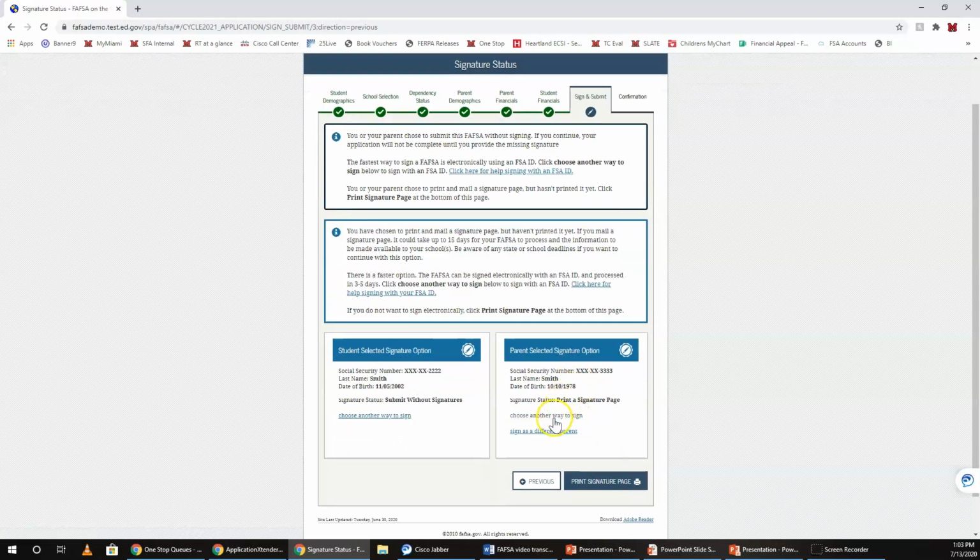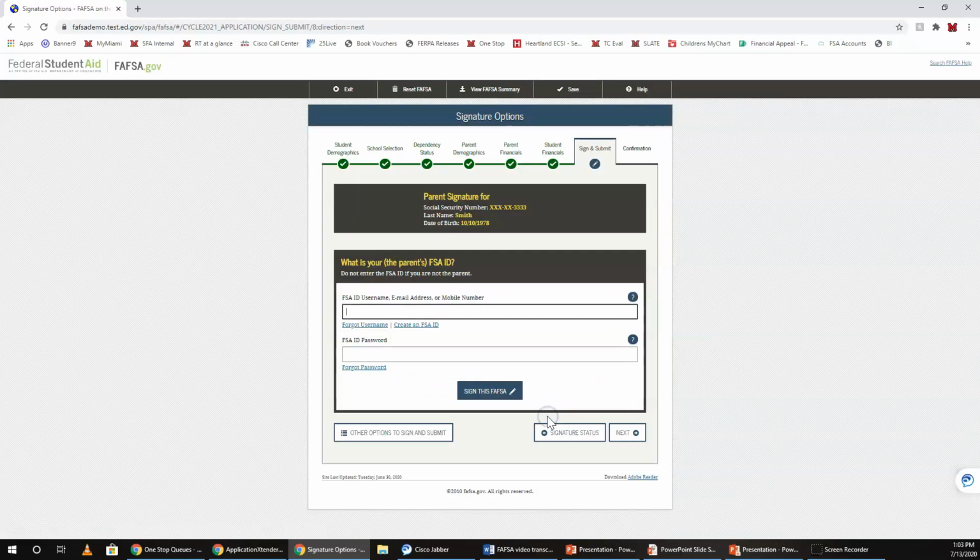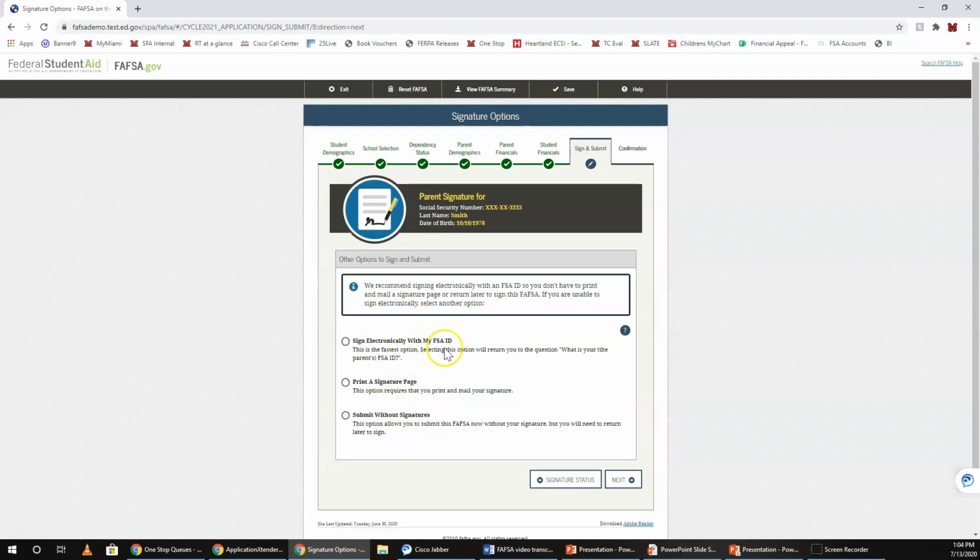And then for parents, what we're going to do is we're going to choose another way to sign. So if they can't sign with an FSA ID, username, and password for some reason, the other options for signing and submitting the FAFSA are by signing with the FSA ID, printing a signature page, or submitting it without a signature. Submitting it without a signature will cause issues with processing of your FAFSA application, so this is highly discouraged. I would say if you have questions about this to reach out to your school, but you can print a signature page. If you choose to print a signature page, you'll hit Next,